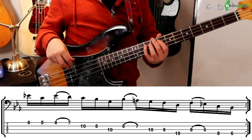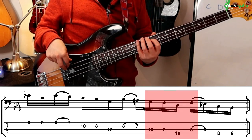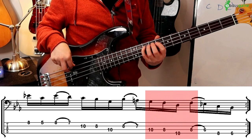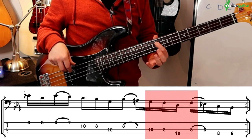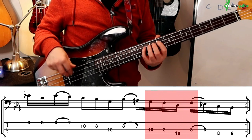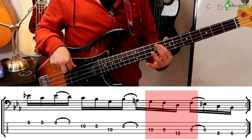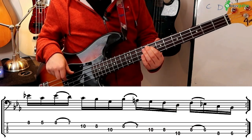So the next 3 notes of this are a G, F, D, like this. And then we go back to the F like that. So those 4 notes are this, so G, F, D, F, and then after that we slide back again to